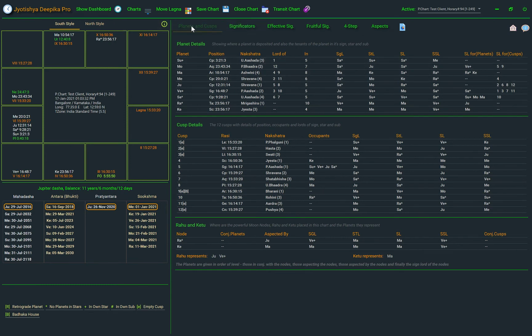So the other facilities that are available for a KP Prashna chart are: you can move the Lagna, just like in a birth chart, to a different place and then create a chart for that. You can save the Horary chart. And because you may have more than one chart open, you can close any chart that you want. And then you have the transit chart, which is there